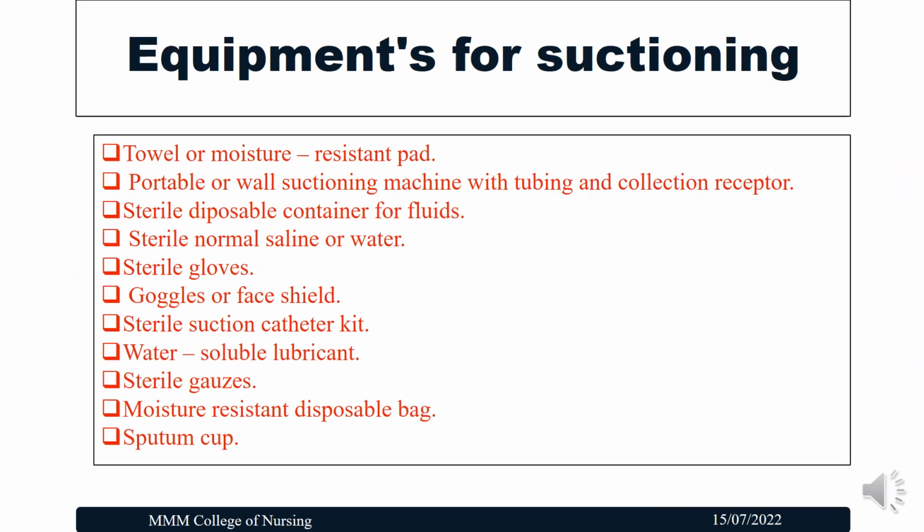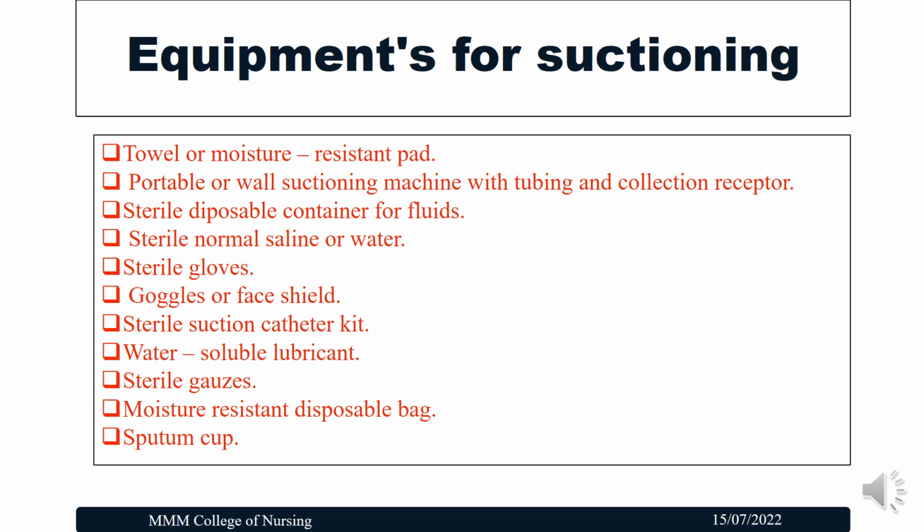Equipment for suctioning. These are the articles we have to get ready before doing suctioning, which include a towel or moisture resistant pad which we keep on the chest of the patient, and a portable or wall suction machine with tubing and collection receptacle. This is the one which will provide the adequate pressure to suck out the secretions from the respiratory tract. Then a sterile disposable container for fluids and sterile normal saline or water. This is just to clean the